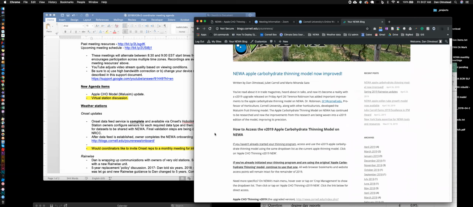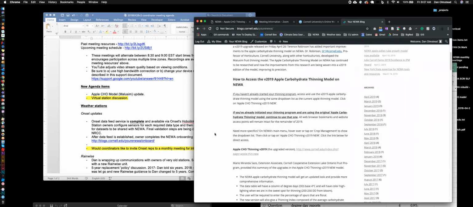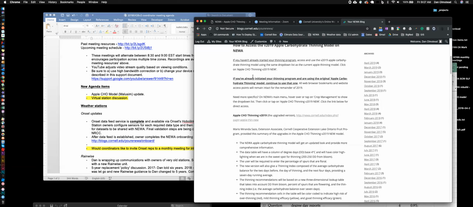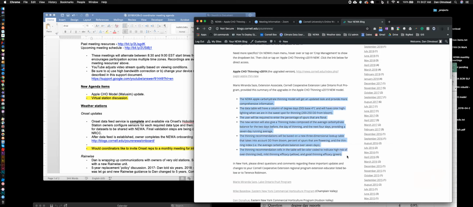Yeah, so this is the most recent post, just went out this morning. I'll scroll right down to the bottom. This just reiterates for our growers who I haven't been able to reach out to yet that the existing model is still in place and it will be in place for the rest of this season. In 2020, I think there's agreement that everything will be transitioned, but for this year, we have a little bit of time. So what I wanted to point out right here is that Mario Sazos, I guess, spoke with Terrence and highlighted some of the changes, and I think Keith mentioned some of them. But again, just for the purposes of sharing with this group so everyone's aware, that's where we're at.